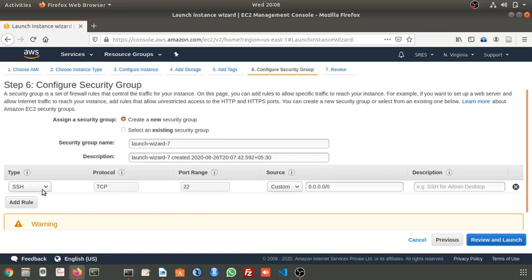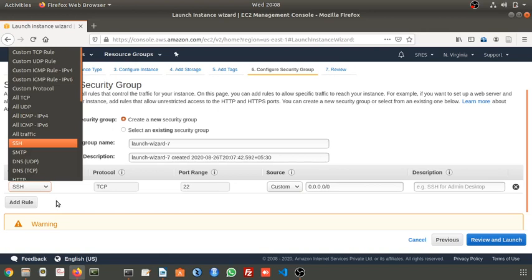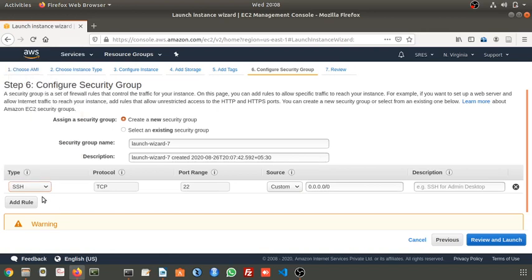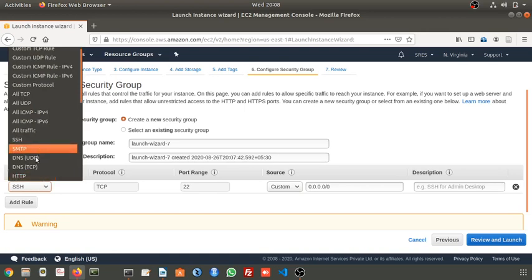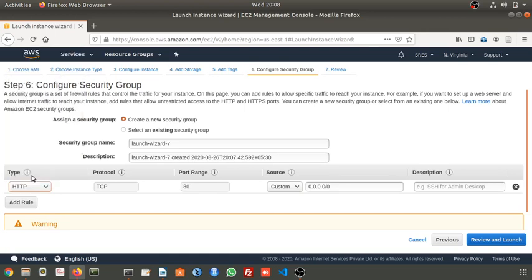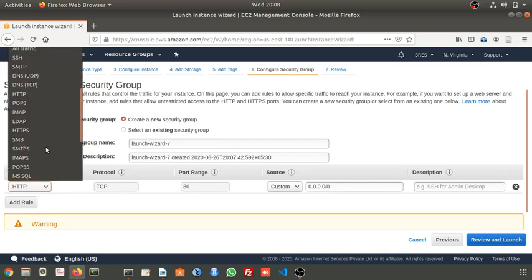Similarly, there are many protocols, many security protocols. For example, let us say HTTP. If you want to run any web application, you have to select this HTTP. Okay, if you want to run MySQL and access it, you can select this MySQL.